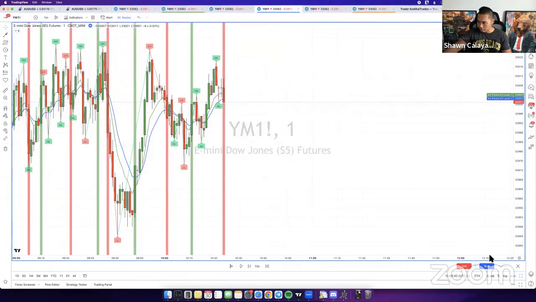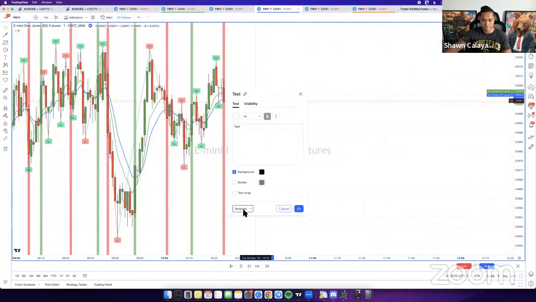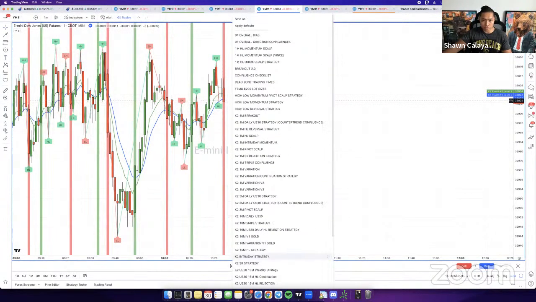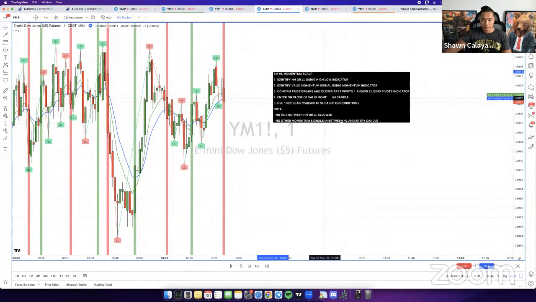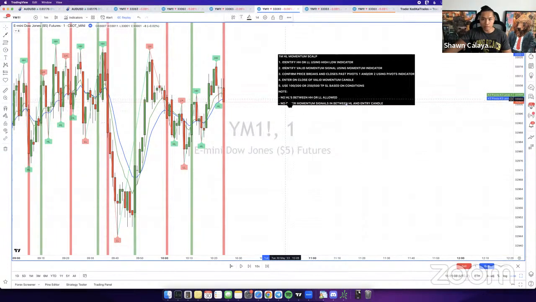Let me see. Another question from Hussein, he's asking, at times the momentum candle is a high low or lower high. No, that's fine. You can ignore that. It just has to be in between. So if you look at the criteria here, you can still take the entry. It just says no other high lows in between. Basically, what you're looking for here is a straight push. You don't want any type of structure in the way. So you can have a high low on the candle. It just can't be anything in between.